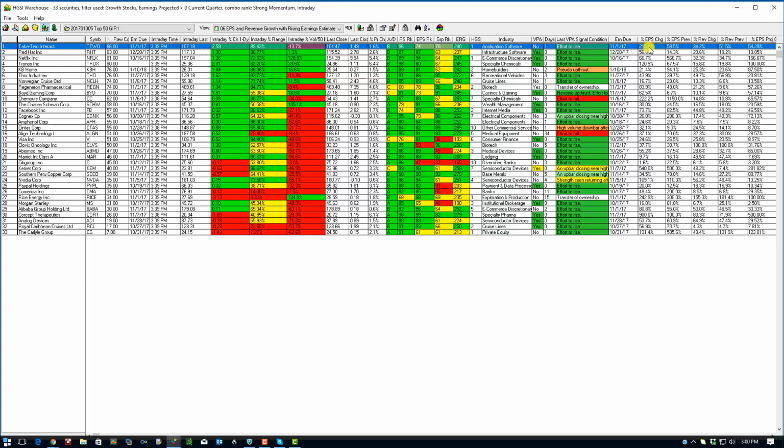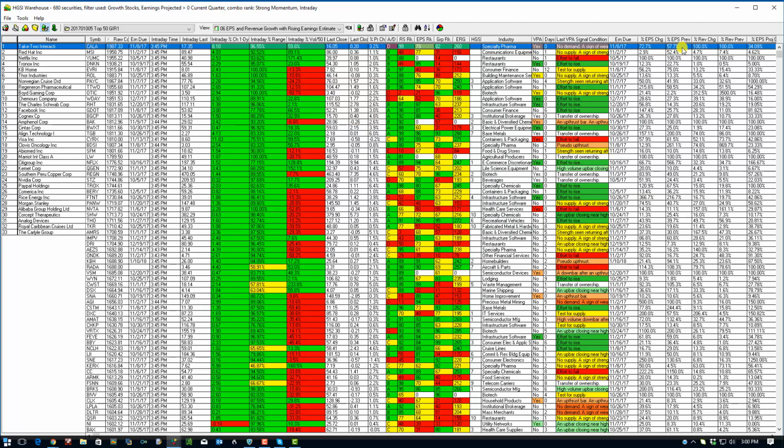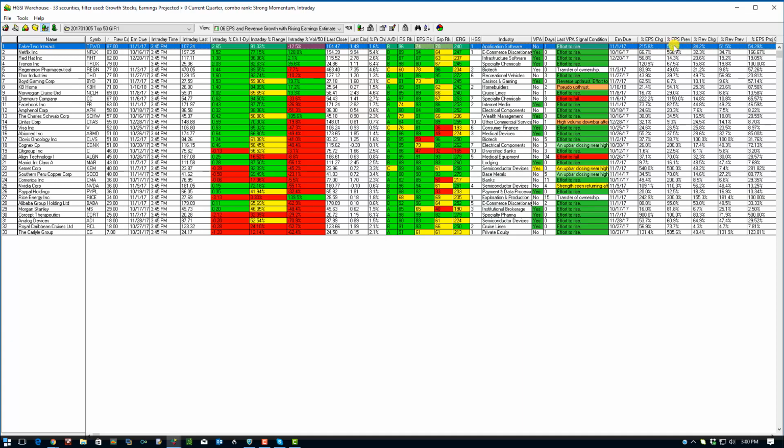This is the EPS change last quarter compared to the same quarter 1 year ago, and this is the previous quarter compared to the same quarter 1 year ago. The revenue was positive in both quarters, and the projected EPS for Take-Two Interactive is 54.29% compared to the same quarter 1 year ago. So I'll just bring this stock up,